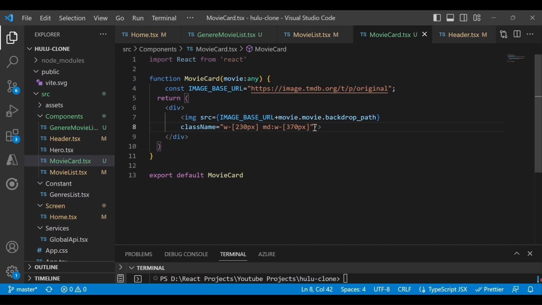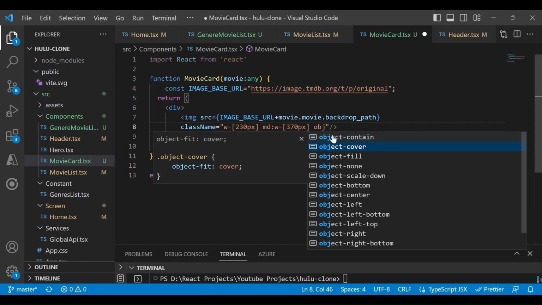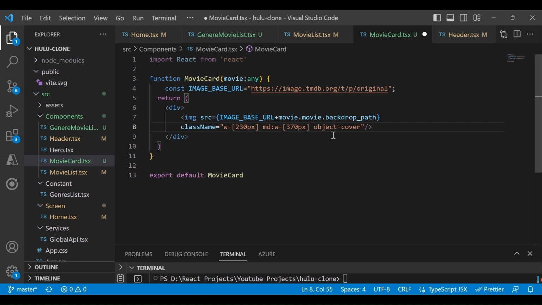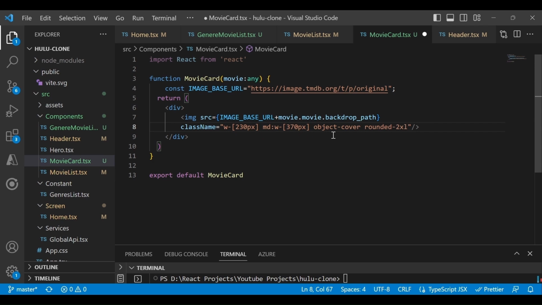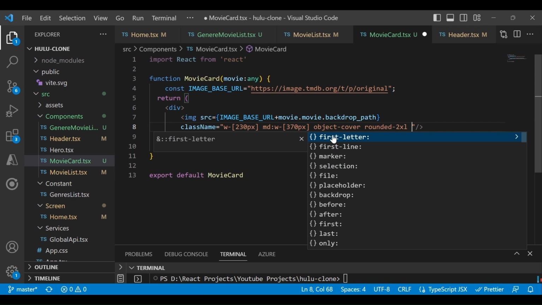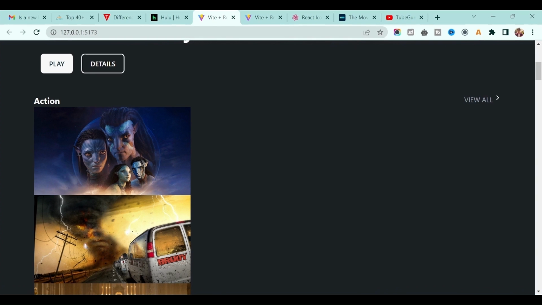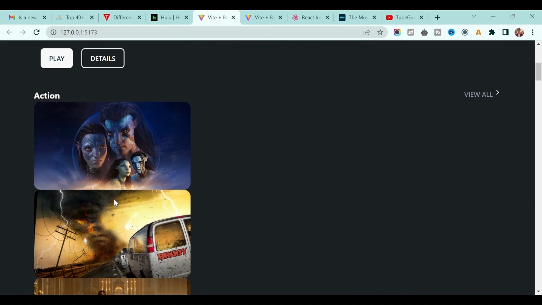Next we will make the object fit be cover. Okay, and the corner to be rounded 2xl, and that's all for now. If you see we are getting rounded corners and everything.